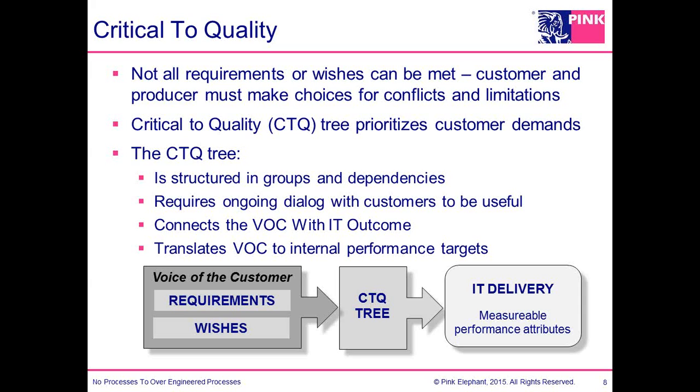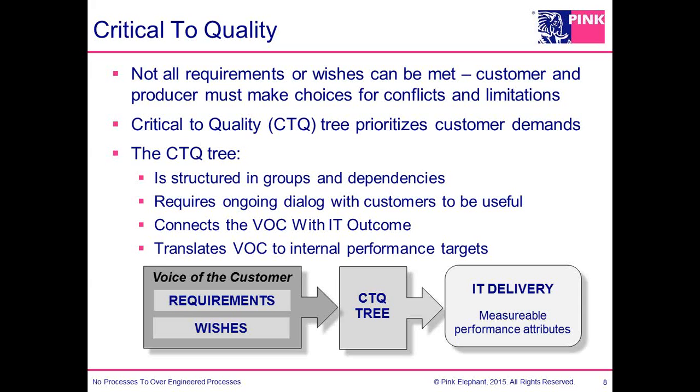If customers don't have an idea that there's a cost to delivering the services, i.e. through our processes that enable the services, they may be asking for things that get a little out of hand. Internally, at this stage of critical to quality, we also have to talk from an IT delivery perspective about what measurable attributes we're really going to look at. For many organizations this is a challenge, because they typically don't think in terms of what we need to monitor, measure, and report against, whether at a process level, a technology component level, or an end-to-end service level.